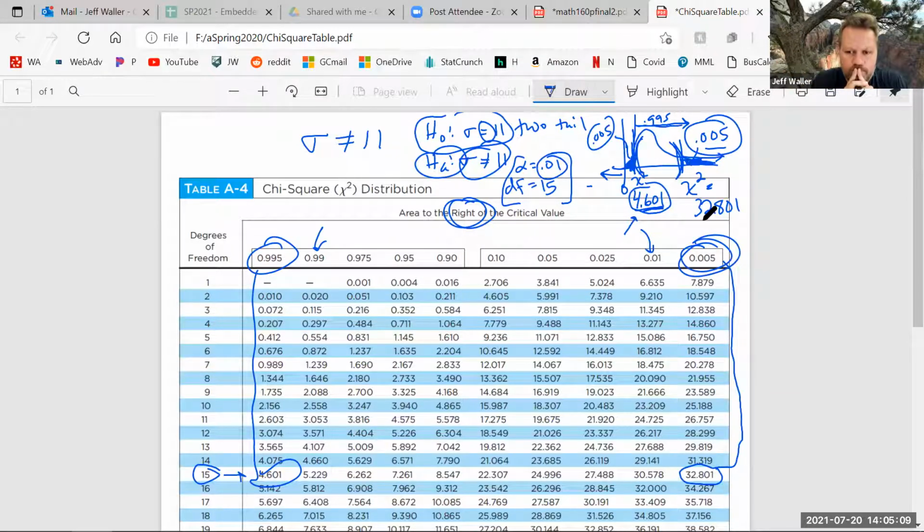So chi-squared is an area? No. That doesn't make sense. That's why I was like, no. So look here, negative 1.645, positive 1.645. Z star would have to be less than this. So exactly the same way, chi-square for my sample would have to either be less than 4.601 or greater than 32.801. And then we could reject the null, support the alternate.